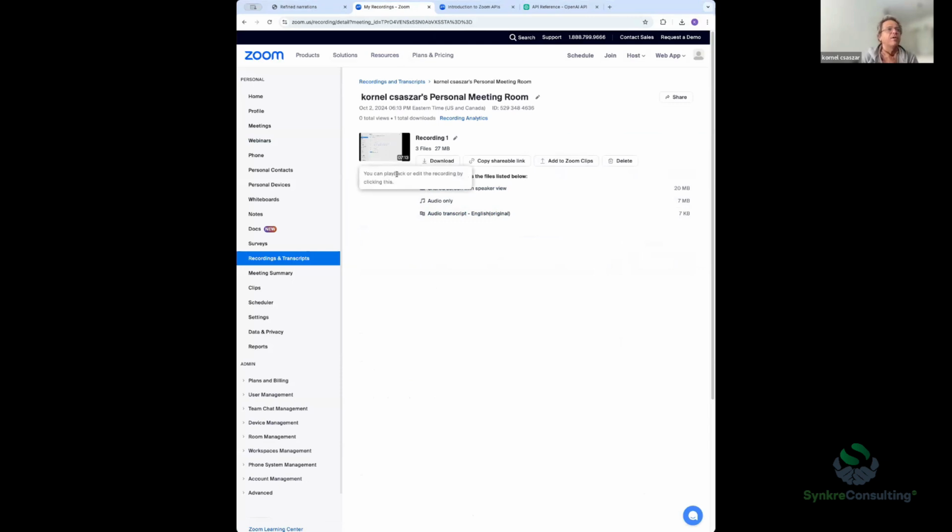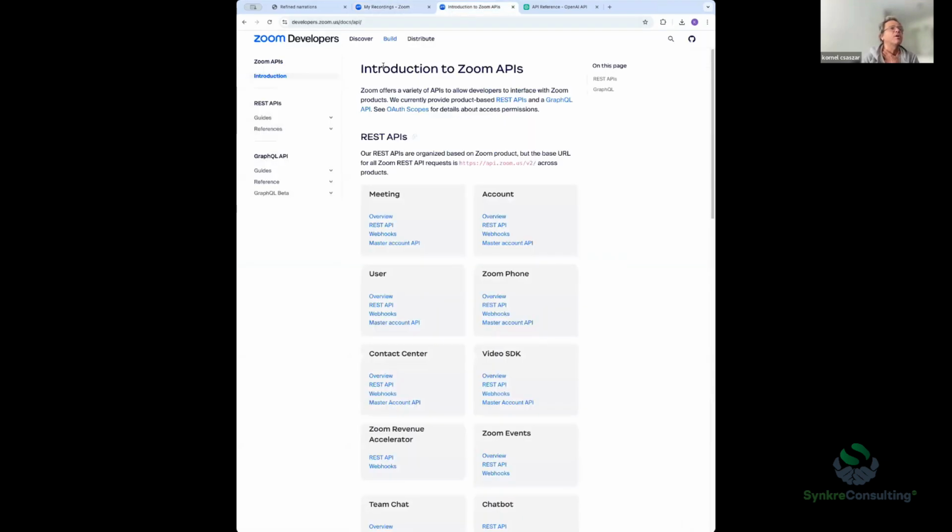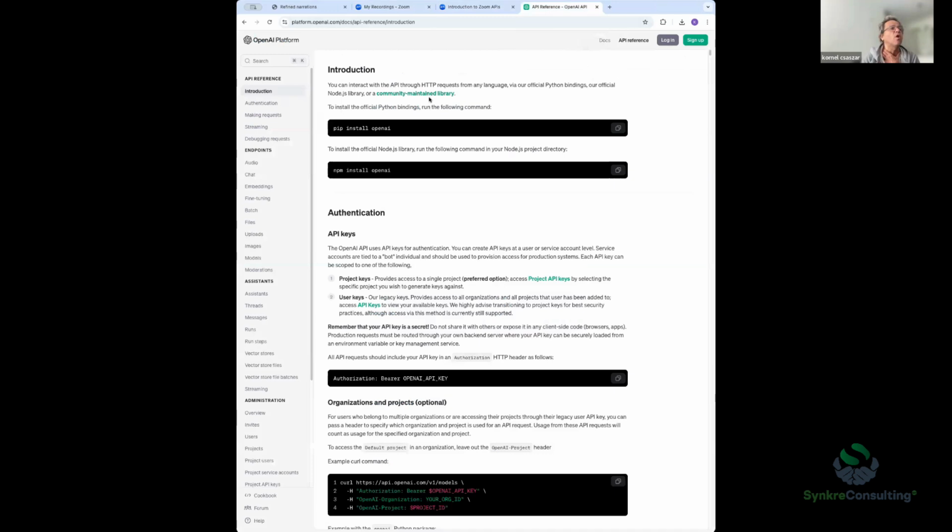Or if you're a developer, you can use developer tools. And that's what this video is about. You can go into the Zoom developer network. You need to get an API key and use that API key to download the videos and the transcripts. It's the transcript that you actually need for this. And then once you have the transcript, you can go using the Open API, the ChatGPT API